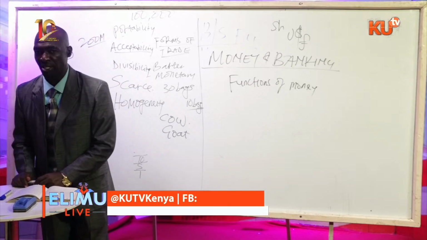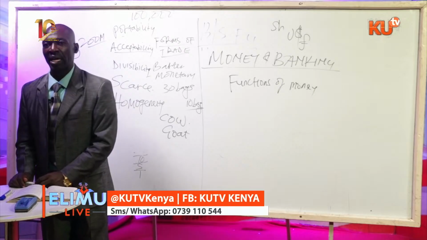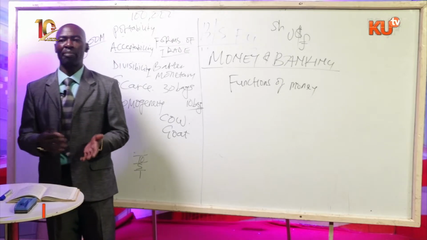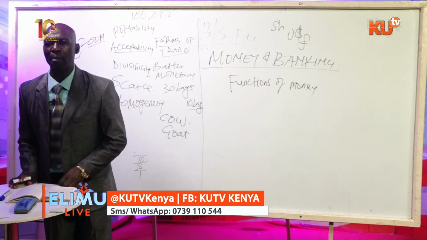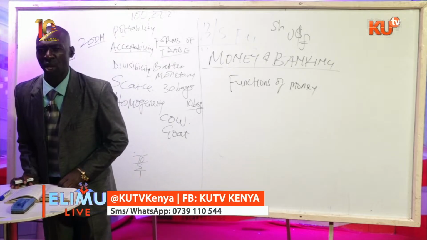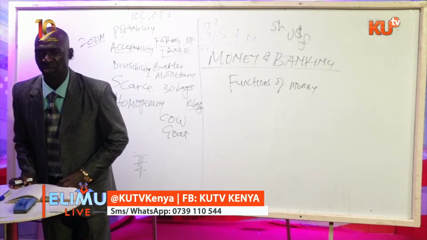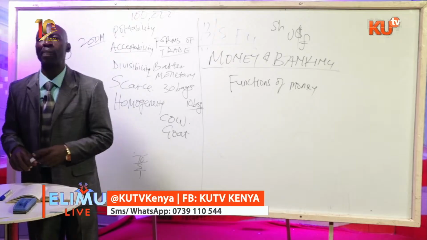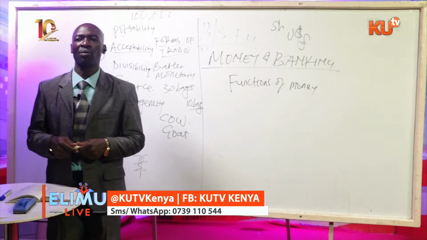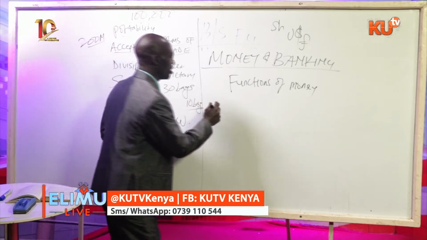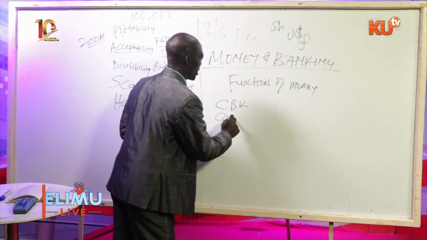We have looked at the characteristics of money. We have looked at the functions of money. And then we have looked at money and banking. Now, I want us to look shortly at banking, that is, which bank is responsible for receiving taxes for the government. So we have got two types of banks in every sector of economy, in any country, or here in Kenya. We have got what we call CBK, that is central bank, and then we have got commercial banks.